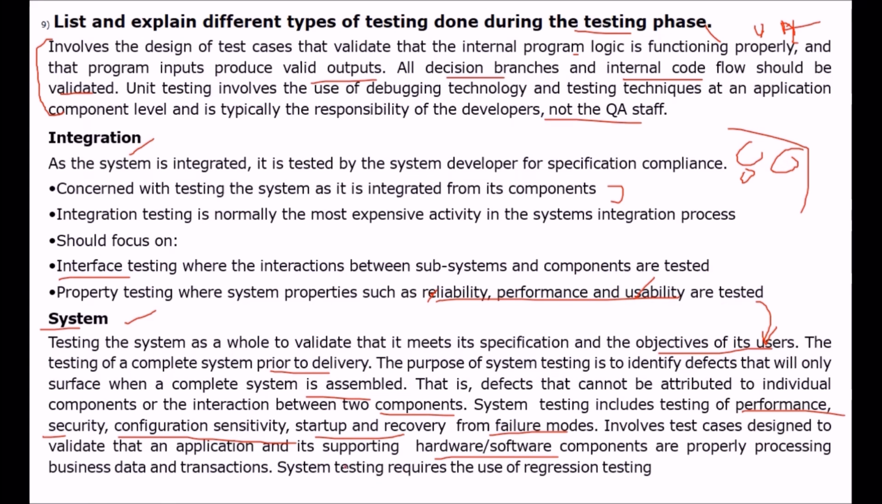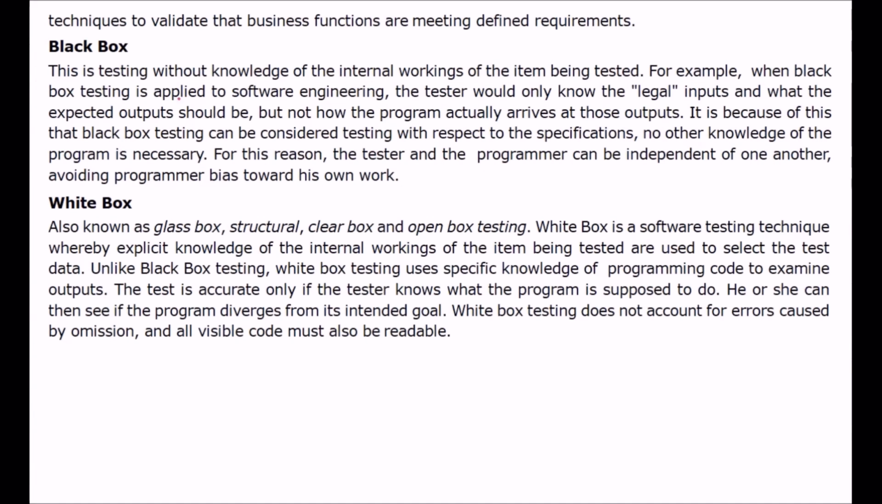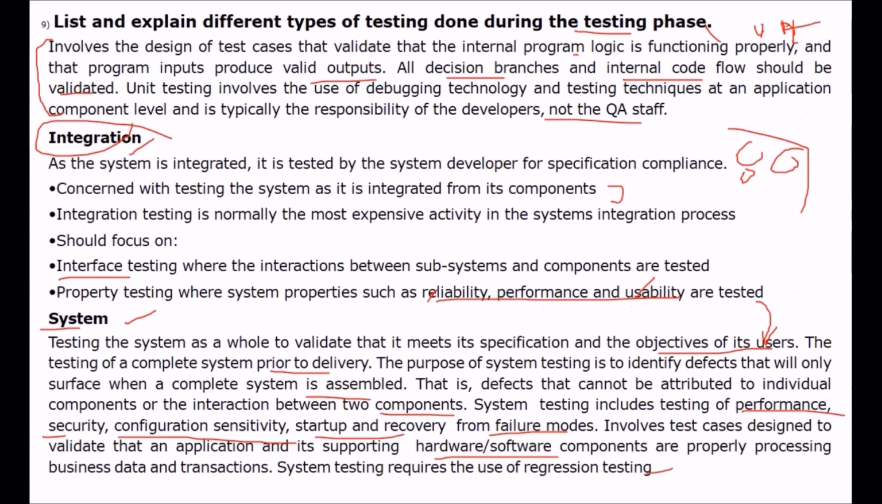System testing requires the use of regression testing. Regression testing, as we have just seen, is a technique to validate that the business functions are meeting the defined requirements. So, as we have just seen, the question being asked is: list and explain different types of